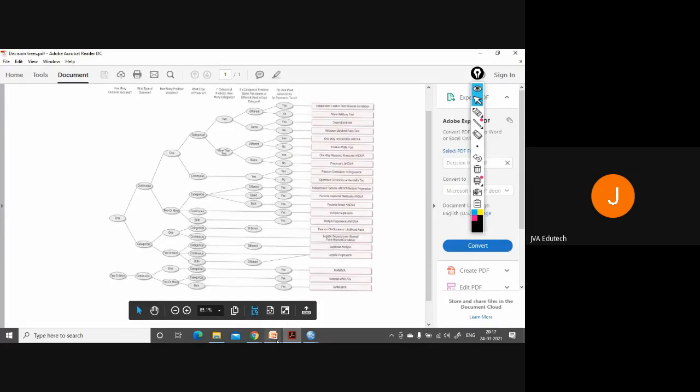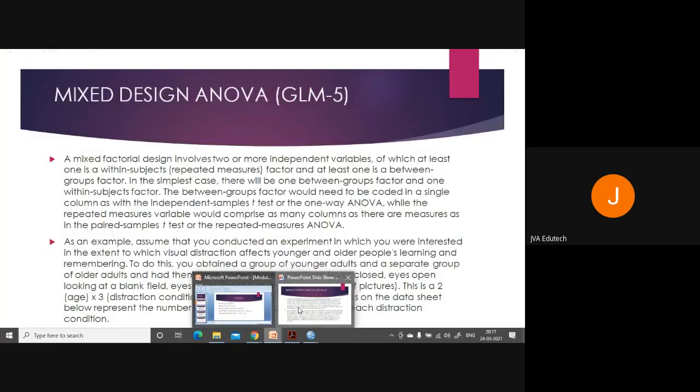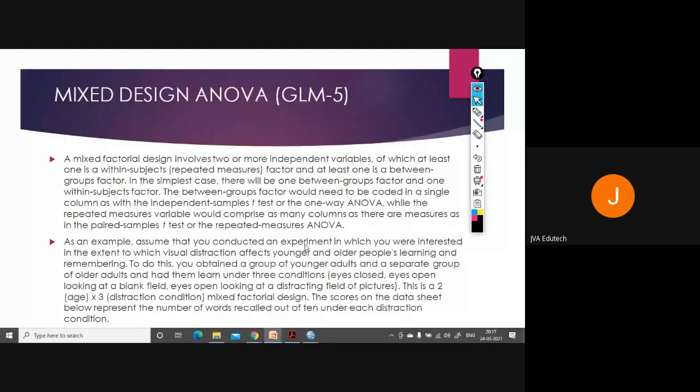So let's see what this GLM-5, mixed design ANOVA, is all about. So mixed factorial design involves two or more independent variables, as I have said, more than two predictor variables, of which at least one is a within-subjects, repeated measures factor, and at least one is a between-group factor, means both are coming from two different populations.